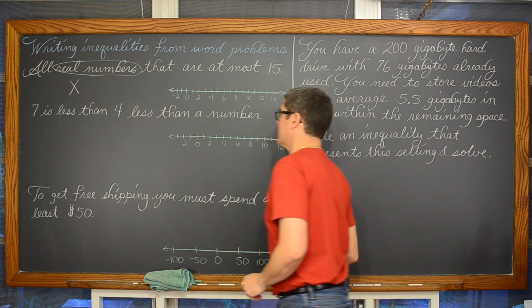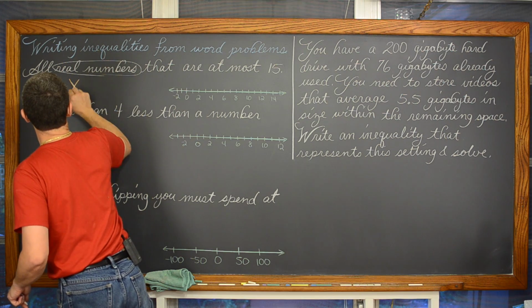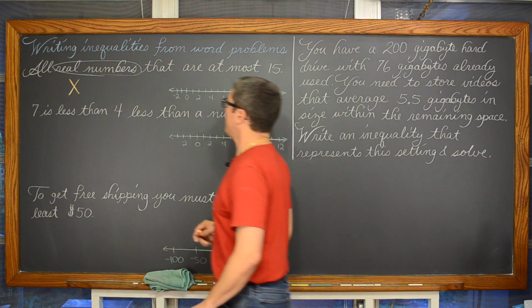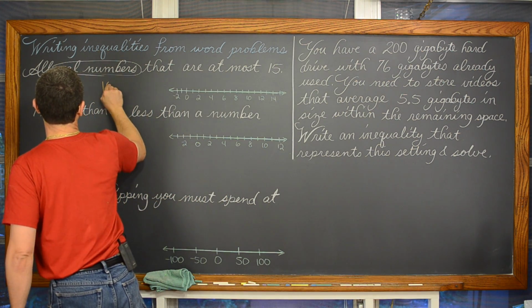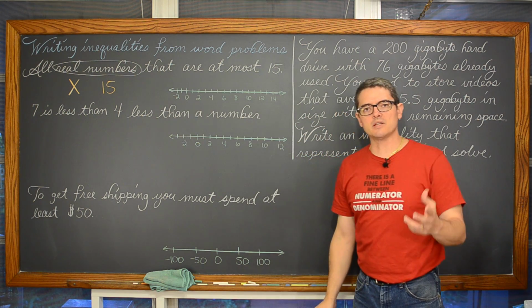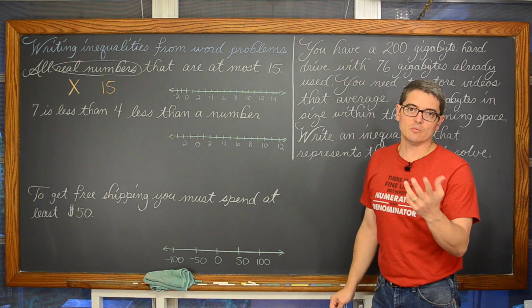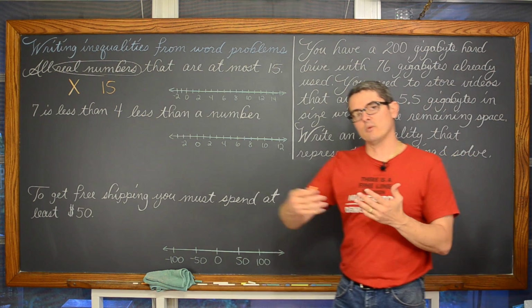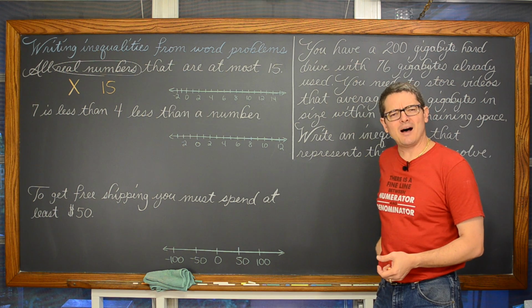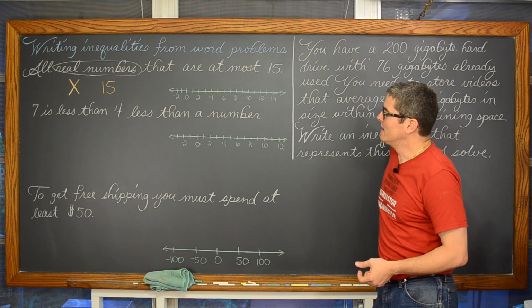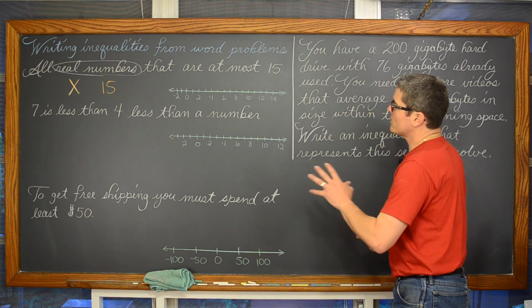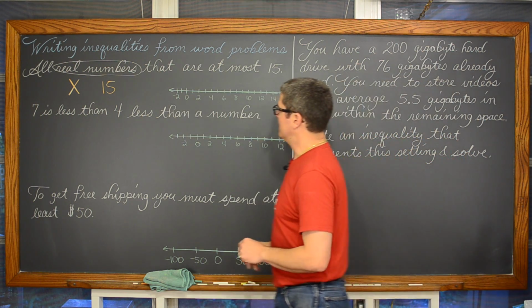I should probably use a different color chalk to differentiate my answers from the question. So let's get some orange going on here. We're comparing all real numbers to 15. Now, all real numbers, that's decimals, that's fractions, that's any kind of run-on decimal. This is rational, but if you do 1 divided by 3, it's 0.3 repeating to the right. It includes irrational numbers like pi, if you've heard about that number yet, I hope so. All real numbers on the number line, and all of those real numbers are at most 15.